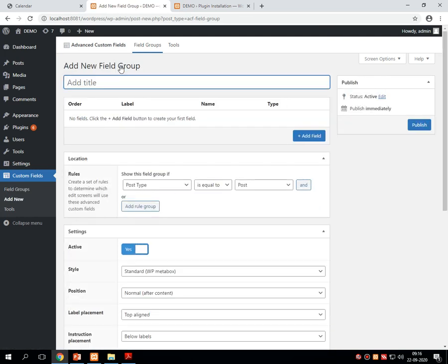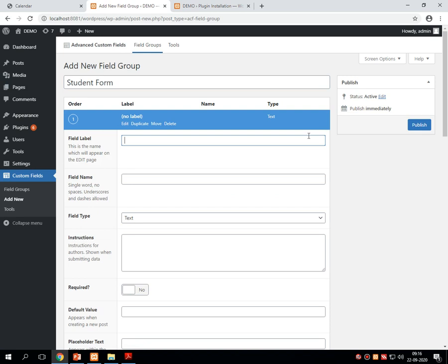Give the name of the custom field, say for example, student form. After giving this name, it is the custom field group name, student form. Then add the relevant fields in this custom field.